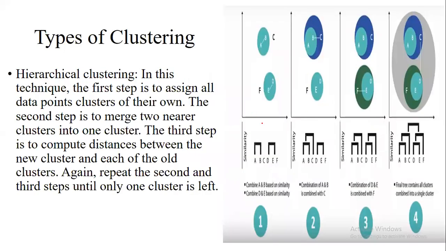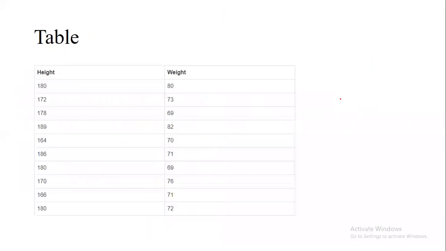Hierarchical means from the base you have a lot of different types, and it goes ahead again from there. You know what a hierarchical cluster is, right? It's like one group which is common to the previous one, having multiple parents or multiple children. Like this we have something known as hierarchical clustering. The next thing is, let's observe this table. Let me explain how to calculate this hierarchical clustering. Just observe this table.